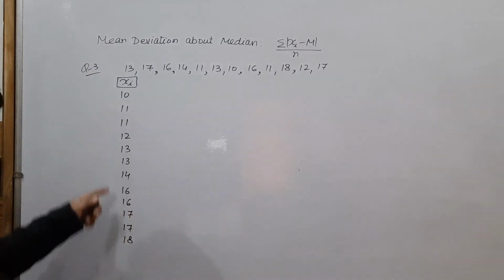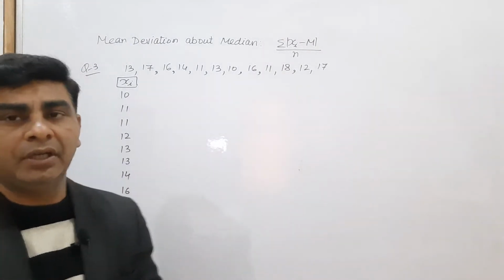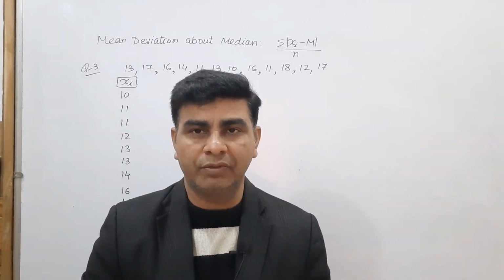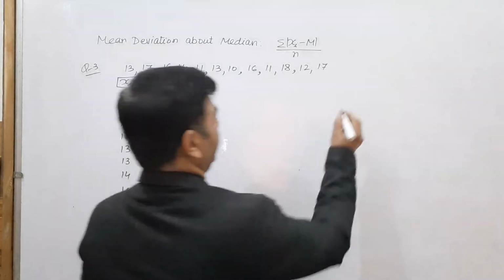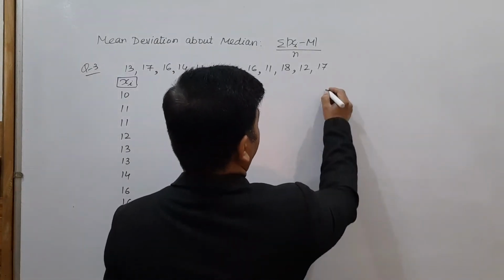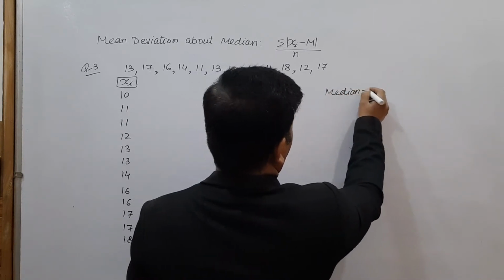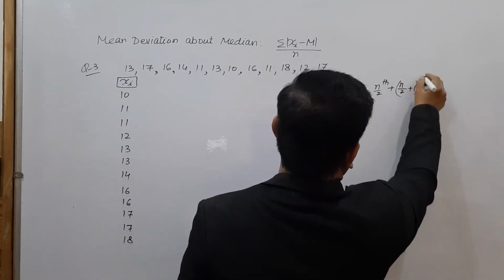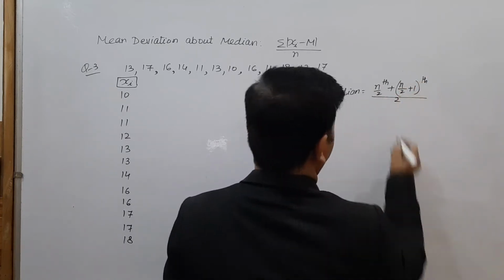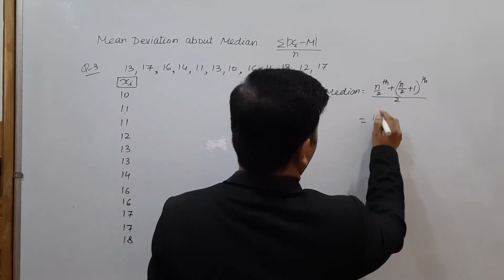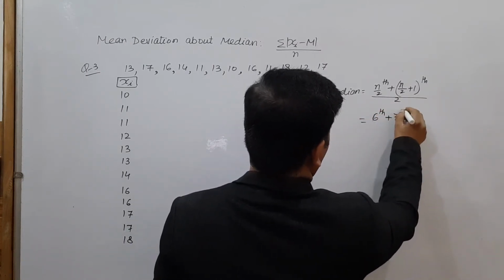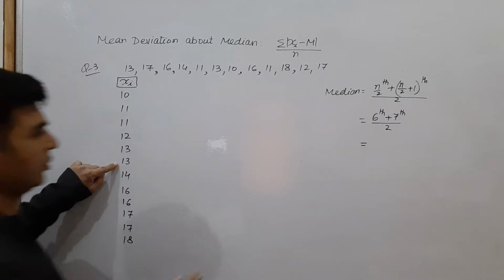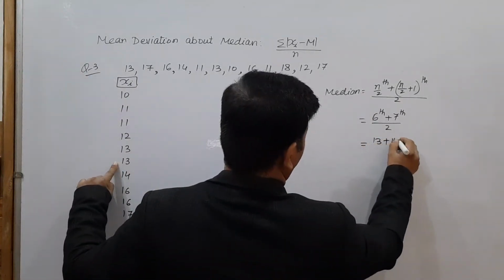Now we know very well the total number of terms are even. आपकी terms कितनी है? Even है. So median निकालेंगे, मैंने बताया था बच्चों कि we have to calculate how many terms are there. अगर number of terms even है, then median is given by n by 2th plus n by 2 plus 1th, divided by 2. So median will be the 12 by 2, यानी कि 6th term होगी और plus 7th term, and this is to be divided by 2. 6th term कौन सी होगी, देखिए 1 2 3 4 5 6. 6th is 13 plus 7th is 14 divided by 2.